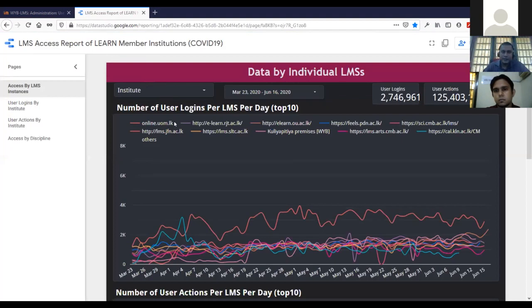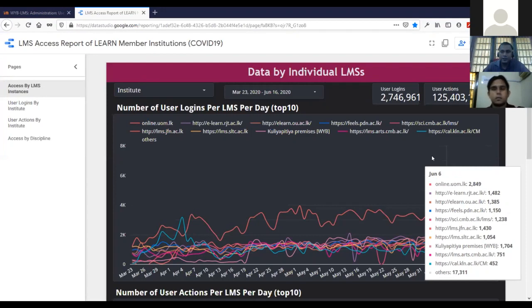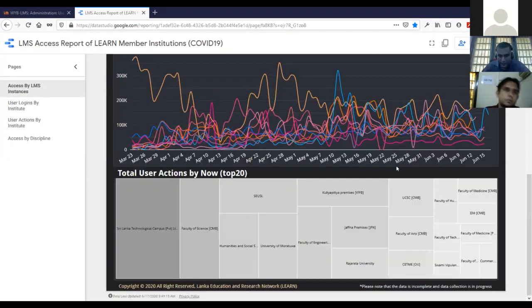So this is a summary. These are the top ranked LMSs running, the top 20. Yes, so we are here. So we are playing a major role as well.